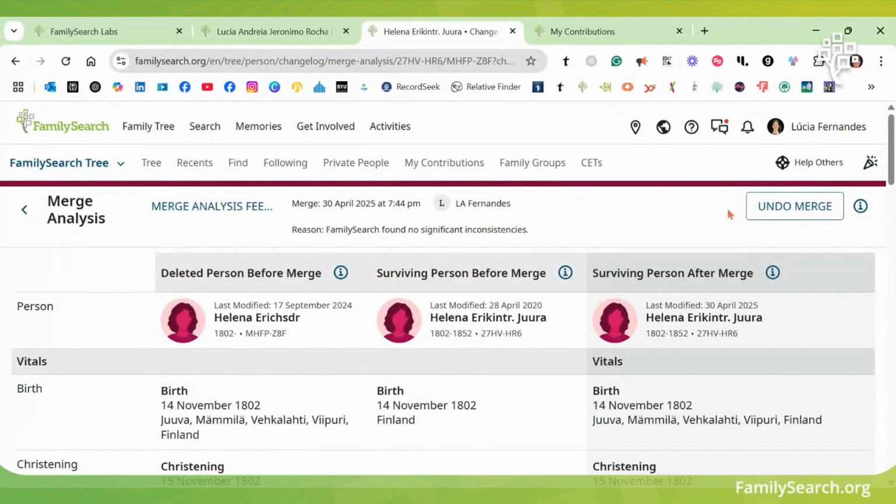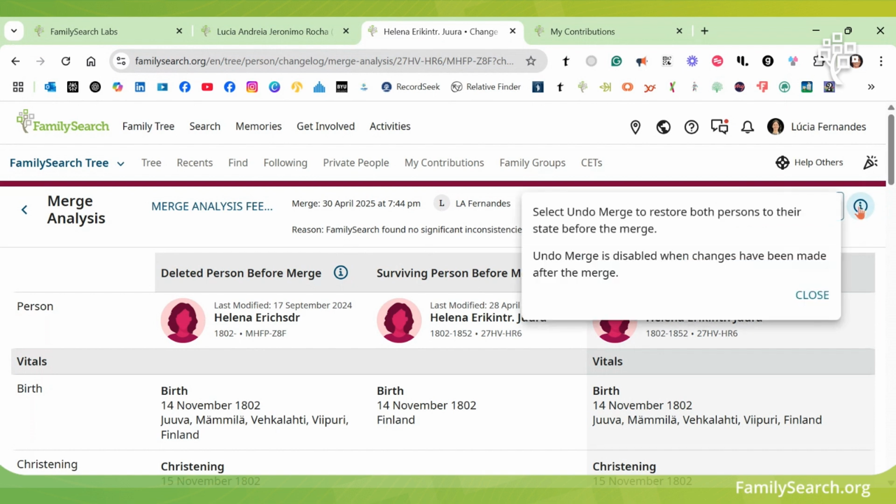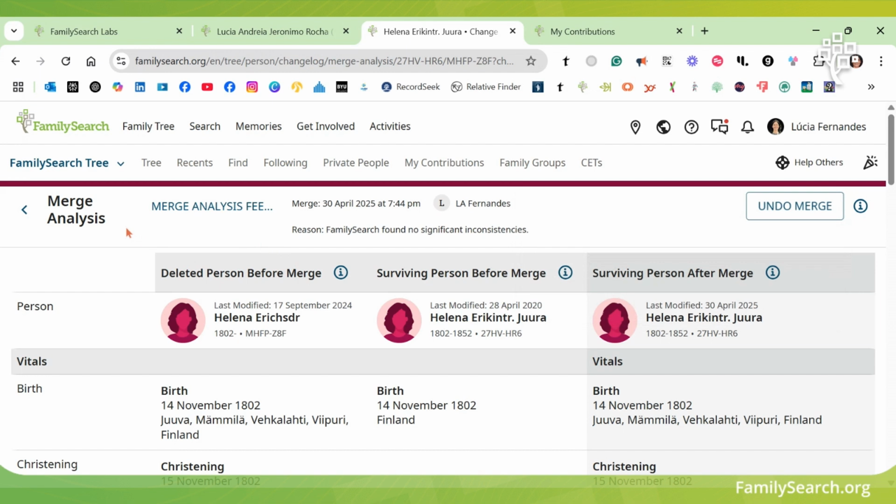Now I want to show you another example. This button is blue. Let's click here on the information icon. You can only undo the merge if no changes were done after the merge. So since we have just done this, we are still able to undo this merge. Afterwards, we won't be able to do that if anything is changed. And I'm going to show you an example when we go to the